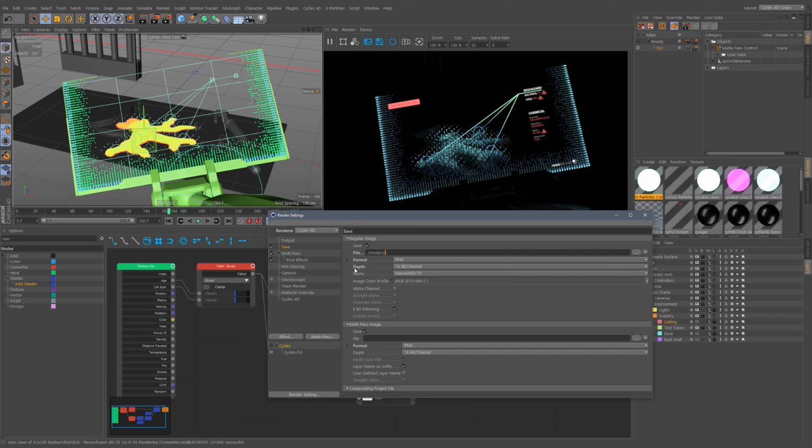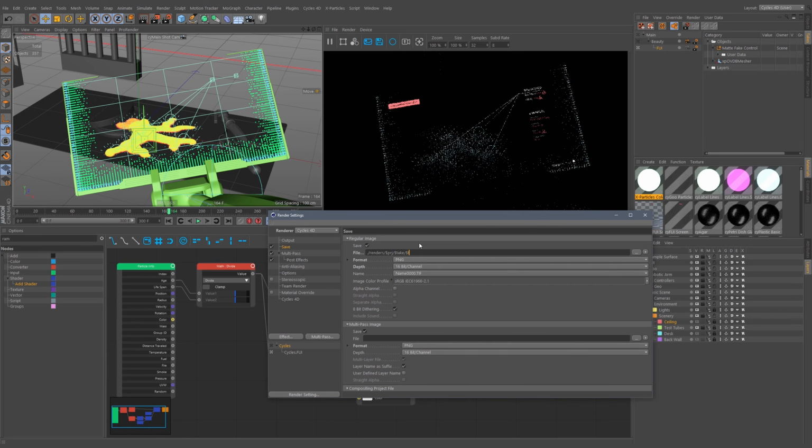But what we do want is to say, first of all, maybe the project it's being rendered from. You can actually do $PRJ, and you can access all these, by the way, with this arrow drop down here. You can see we've got these. So you've got the project, which is my document, and it'll add the $PRJ token for you. And then the other one that's important is actually the take. So I'm probably less inclined to add the project, but more inclined to add the take. But let's do both. So let's do / now, and then $take, another /,